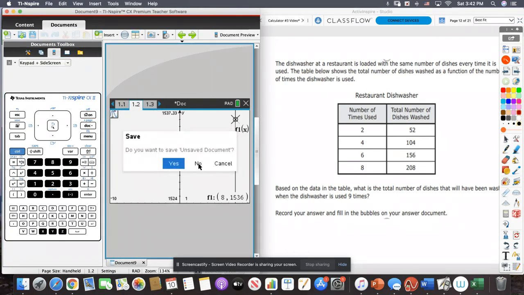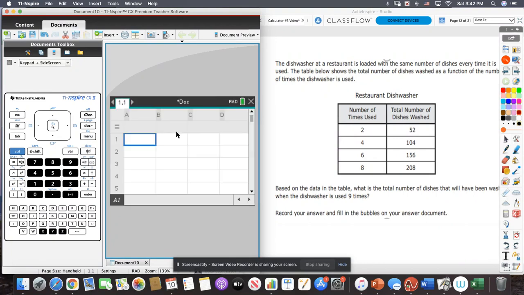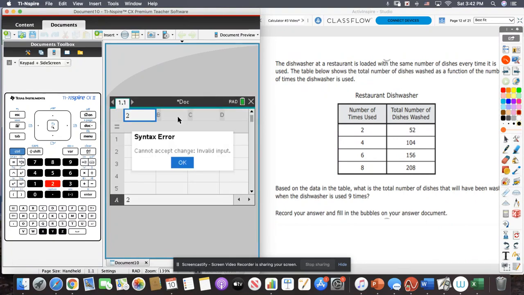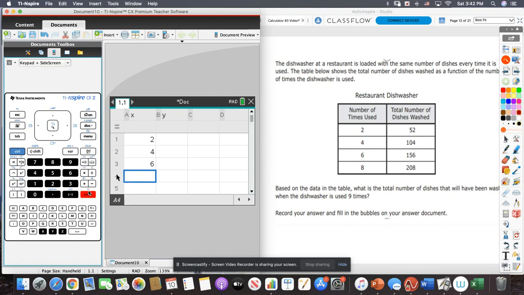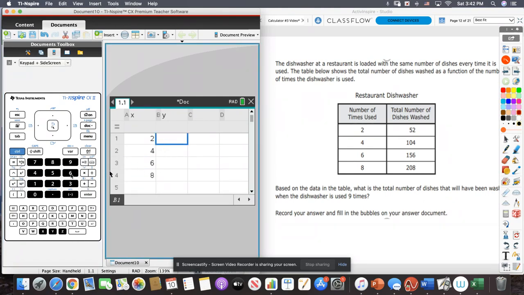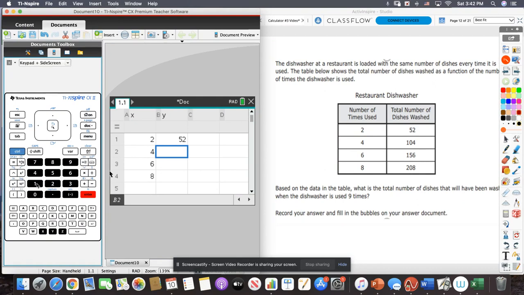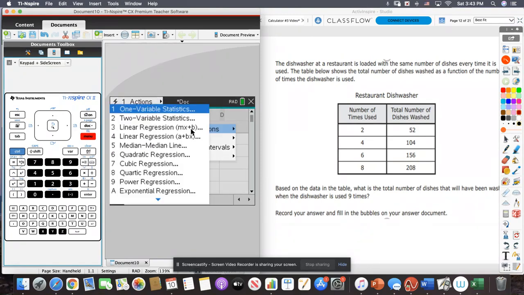So you should have gone home, new document, save changes, no, add a list in spreadsheets. 2, oops, I put 2 there instead of X. X, Y. Okay, so again, they gave me a table, no equation. If there's no equation to type in the graph, you have to type it in here, statistics, stat calculations,